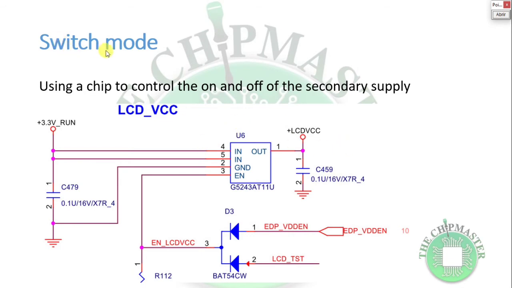So this is known as a switch mode power supply, using a chip to control the on and off switching of the secondary supply, also to give other devices their power supply, right? So this is another technique that you can use. This is another power supply, which is a switch mode, to output its voltage with the same current and voltage, no voltage drop or current loss. Alright,